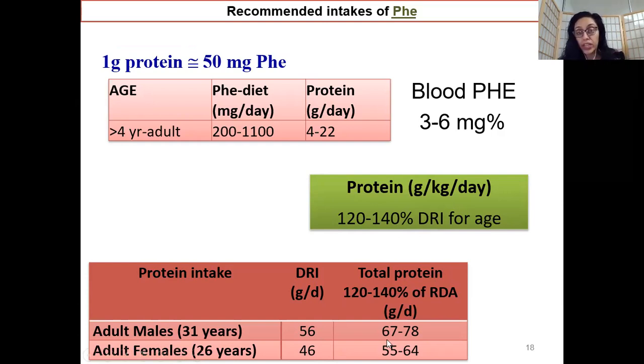And I have shown you a working example of this. What exactly do I mean? Okay. So now, for example, guys, if you have an adult male who's 31 years of age, their dietary recommended intake of protein, this is just a normal healthy adult, grams per day is 56. So an adult male who's 31 years of age would roughly need say 56 grams of protein per day. Okay, so this is a normal healthy adult who needs 56 grams of protein per day.